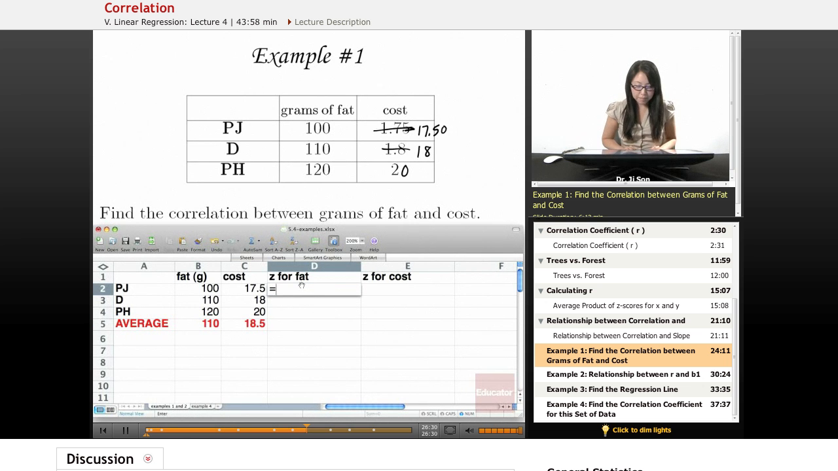So here we want to get x, our fat, minus the average. And we probably want to lock that in place. And we want to divide that by the standard deviation. The nice thing about Excel is that it already has a function for standard deviation, and this one will give us the n-1 version, right? So I can just take this data,